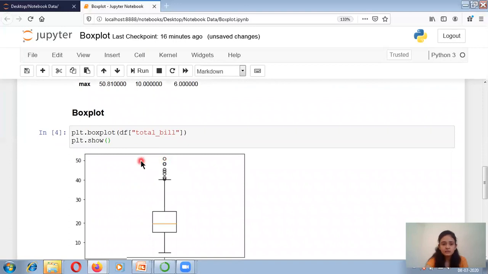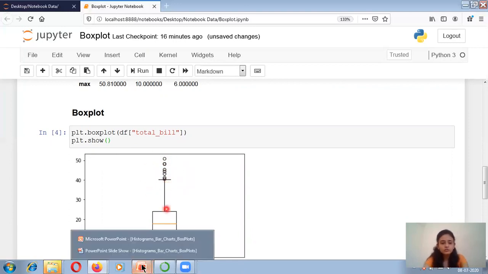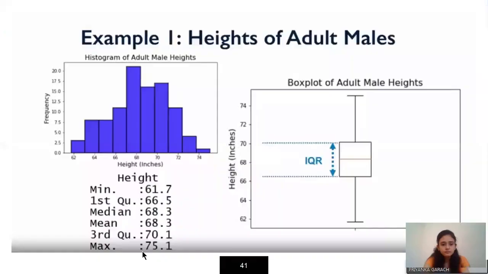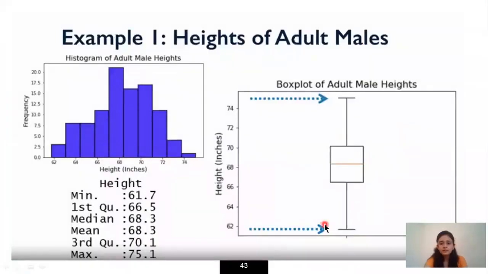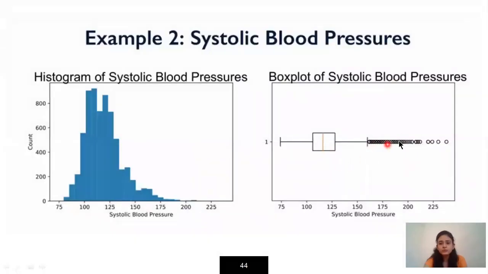So this my maximum value is 50.8, and this shows my outliers in the box plot. So now let's see. This is my median, this is my minimum and the maximum value, and this shows my outliers.